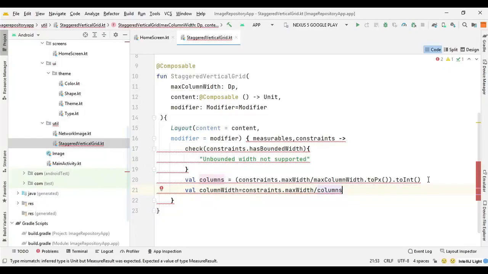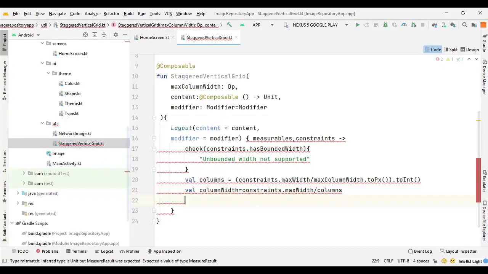So it will get the width for the column, and then we need to provide constraints for the items that we will put in the grid. So they all will be of the same width as we set them.